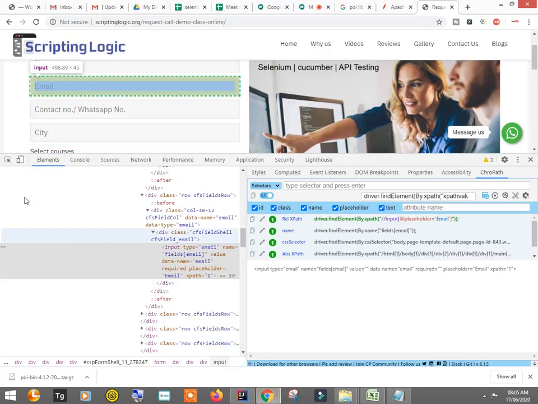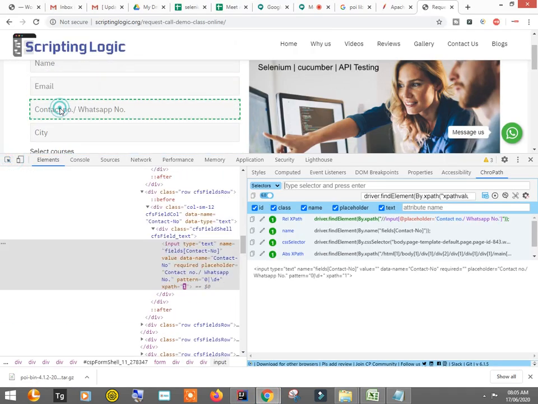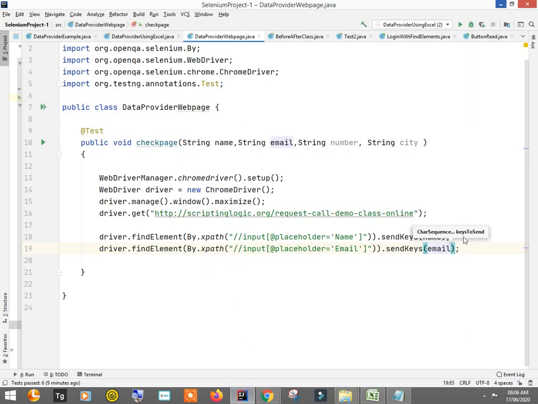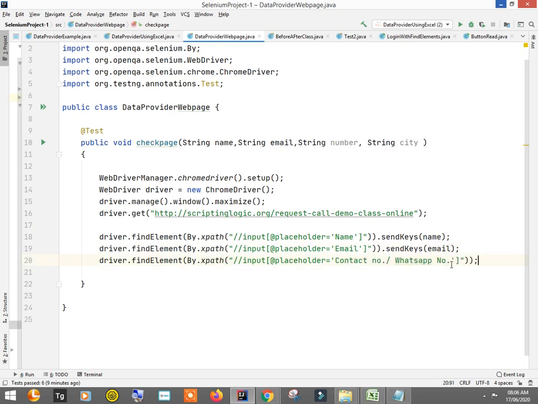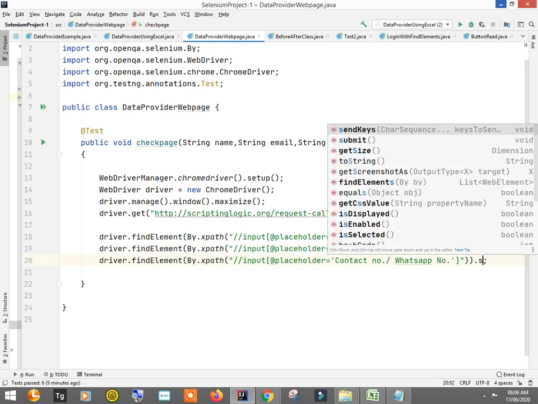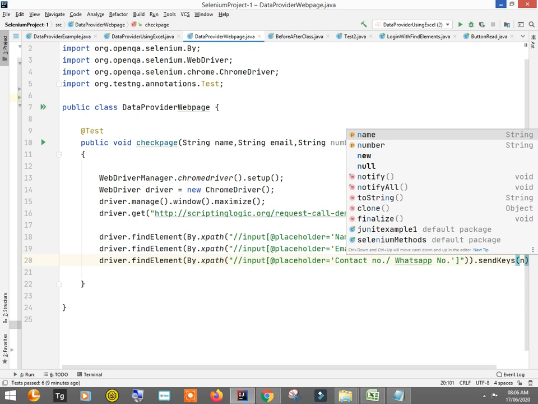So for the next text box, click here, the field is placeholder, okay, copy this, dot send keys, number.